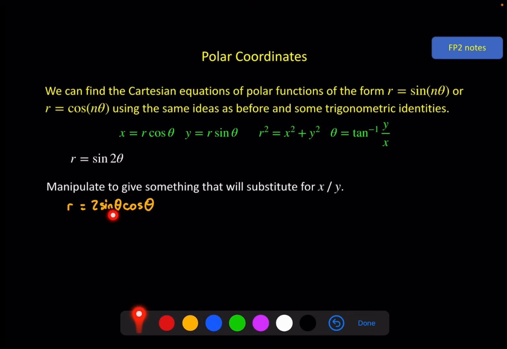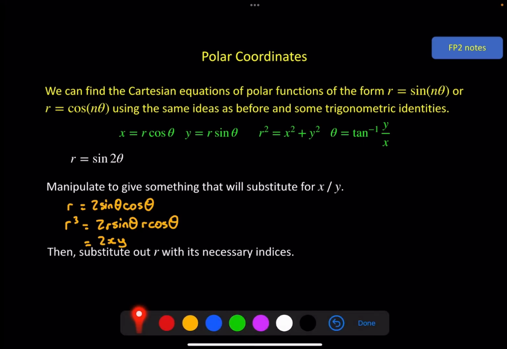So I'm going to multiply both sides by r squared, which gives me r cubed on the left. And I'll put one of those r's in front of the sine theta, one in front of the cos theta, just to make it clear why I've done that, so that this and this can turn into y and x respectively. So this gives me 2xy on the right hand side,